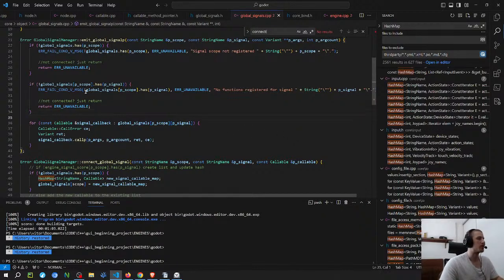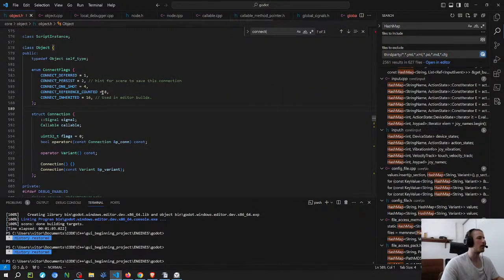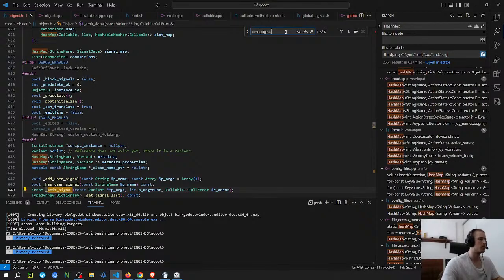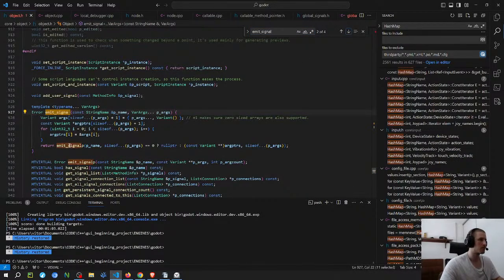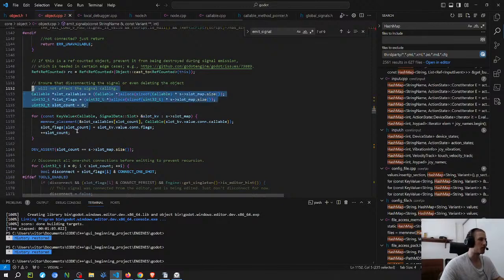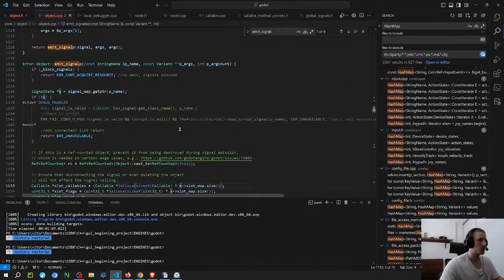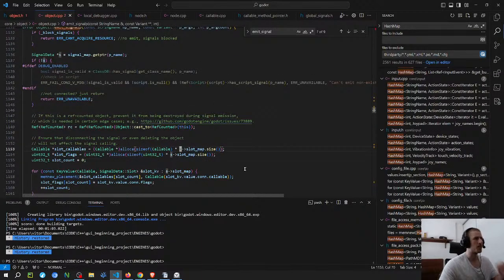So mainly I'm thinking about this now to see if it's worth it to spend time just copying the way that they allocate memory there. So I think it's when they emit the signal that they have something there. They create this temporary thing here, and they use this macro to create these slots. They're basically copying the data from the signal data, which is a member variable on the object class that holds the data for the signal.